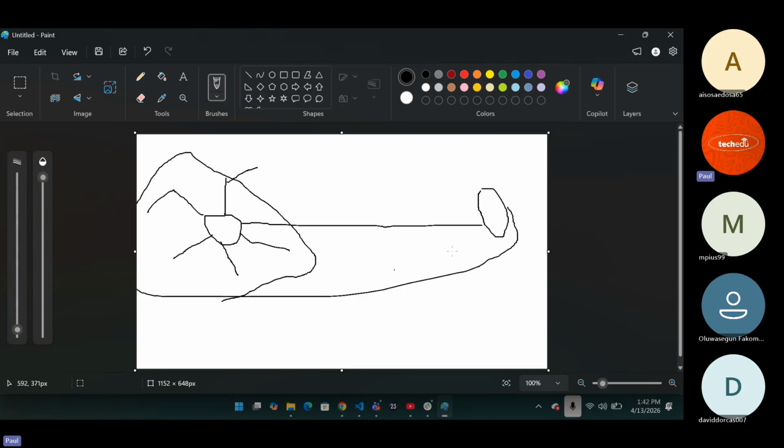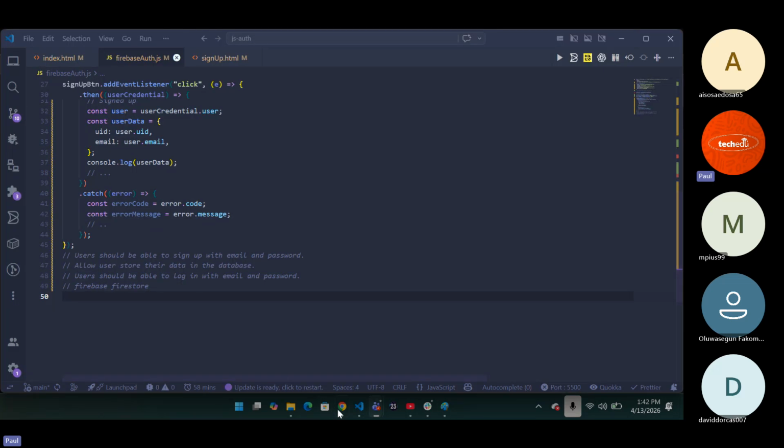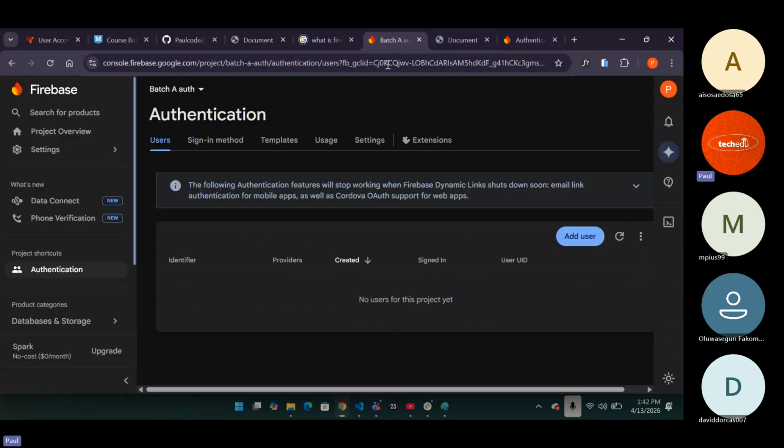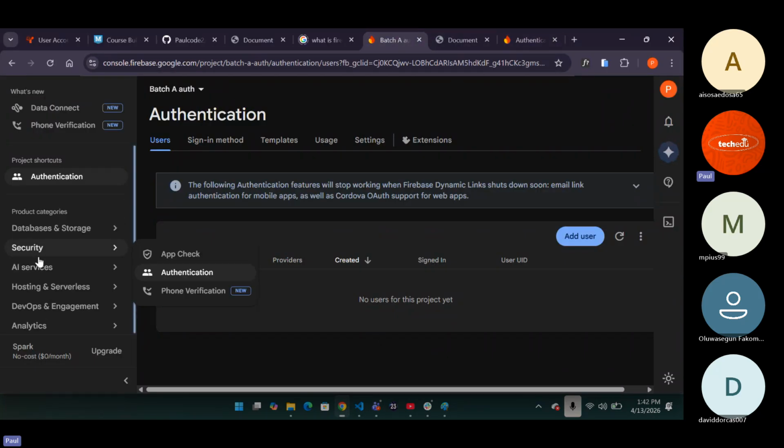You can still go ahead and use Firebase Firestore. To implement authentication, what did you do? Firebase authentication. Right now, to implement Firestore, what do we use? Firebase Firestore. So for us to do that, all you have to do is come right here in your Firebase console. Then you should be able to see